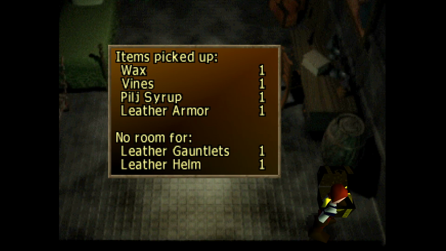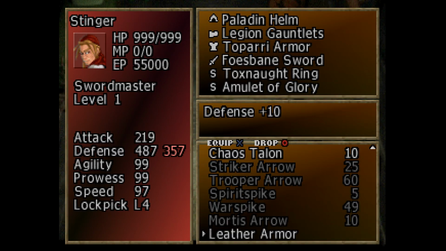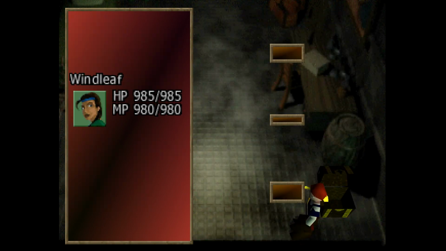Man, we'll go to a treasure chest here. Good wax vines, peeled syrup, leather armor. Leather armor? Really? At this point in the game? Yeah, leather armor. Like, seriously. Leather armor. What? We don't...